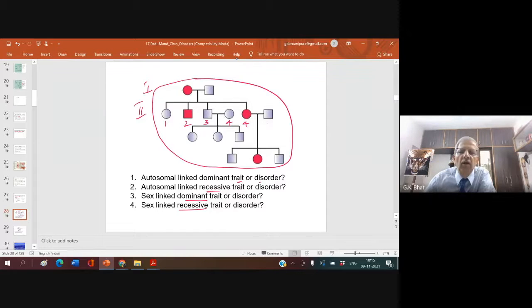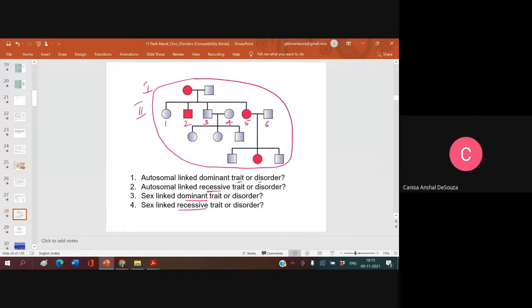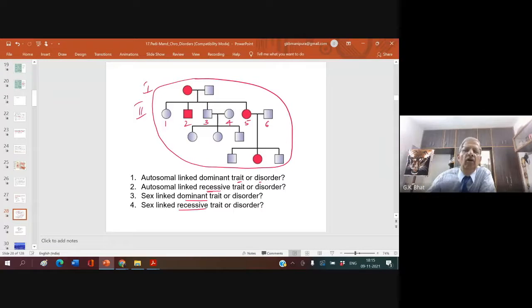This is 4. This is 5. This is 6. Don't consider that only the children born to those parents are the number and not the others. Please tell your mother today itself, she should treat her daughter-in-law as good as a daughter and son-in-law as good as a son. So don't leave anyone. You have to number like this.